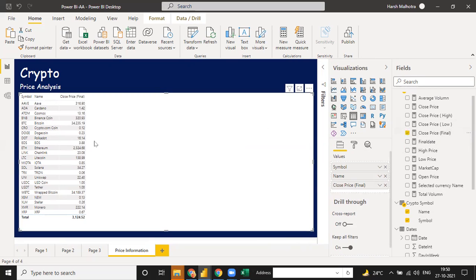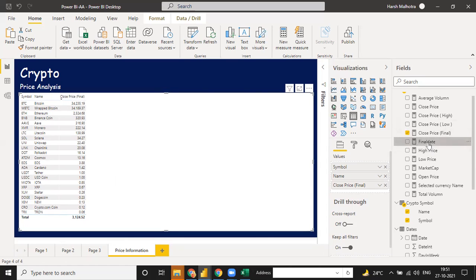For this price, we have to adjust our currency. This is my total price, and click on this. So it will be highest to lowest, or if you want lowest to highest, it will be lowest to highest. Same way. Now, this is my final price. Now, guys, we need final price, which means this is my last day.